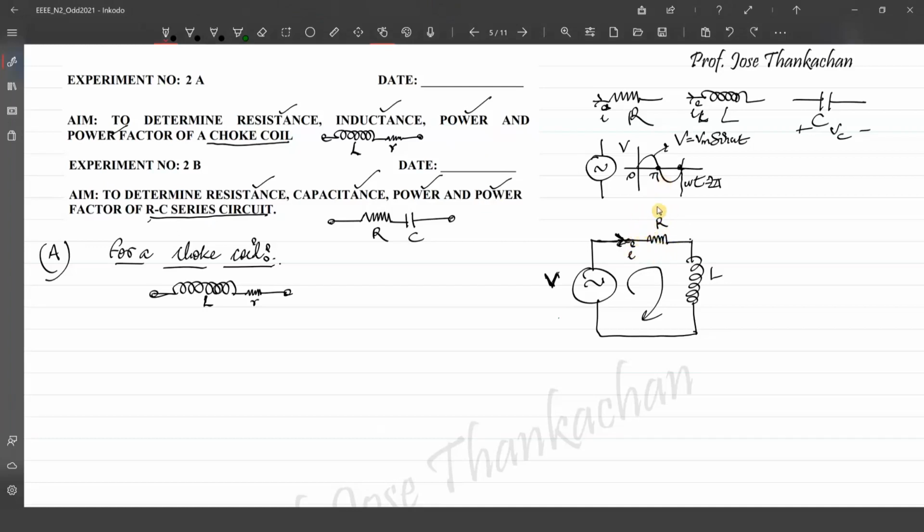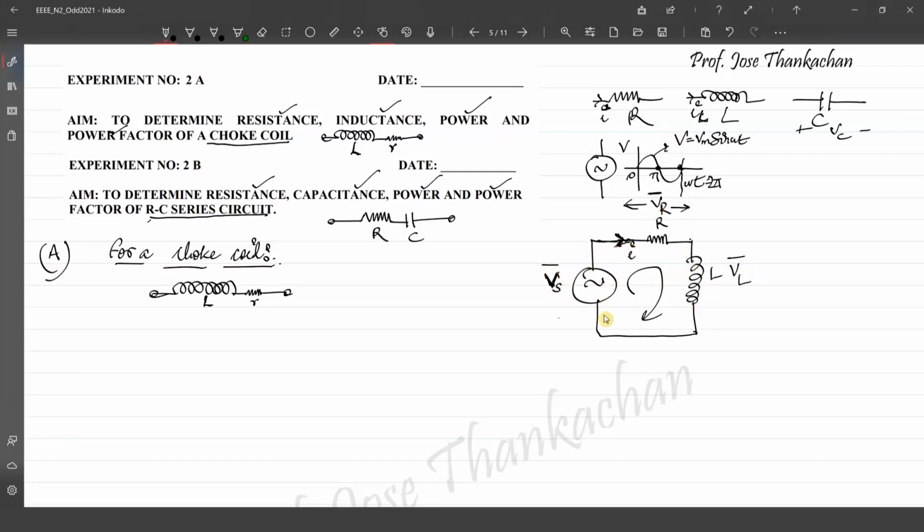Whenever the current flows through this resistance, there will be a drop across it, isn't it? So I'm going to write down the drop across this as a voltage drop VR. Since it's AC, I'm going to represent it with a vector sign. A line on top represents that it is a vector or a phasor. Similarly, the voltage across the inductor I'm writing as VL. This is also a phasor quantity because the current is sinusoidal here. And this is my source voltage, Vs, also a phasor quantity.